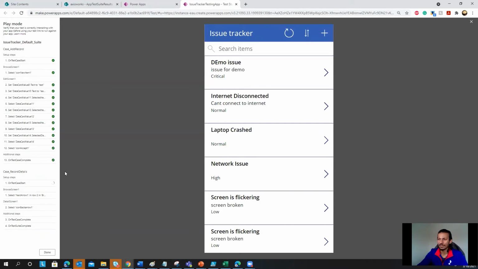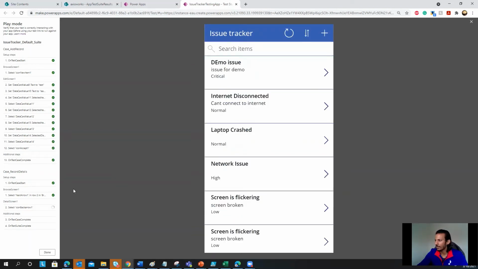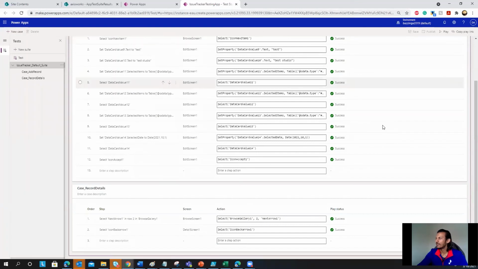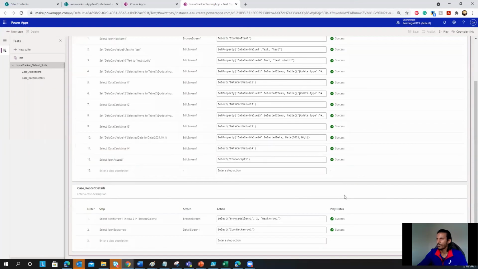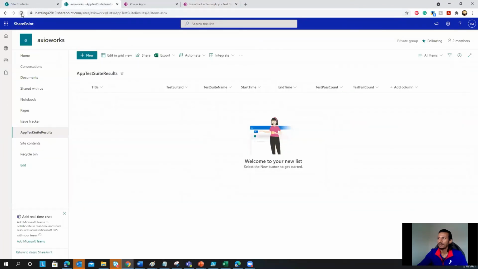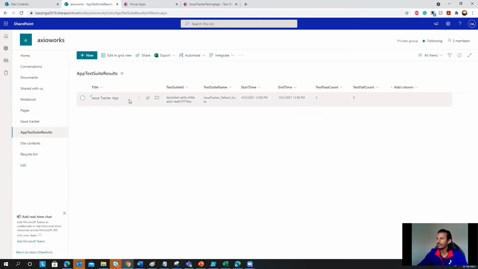Okay, first test is completed successfully, and our second test is completed successfully as well. So both our tests are completed successfully, and the suite is completed. So if I click on done, you can see the test results here in play status. And if I go to my app test results list, I can see that an item is added here, which